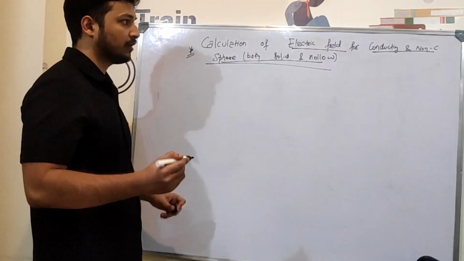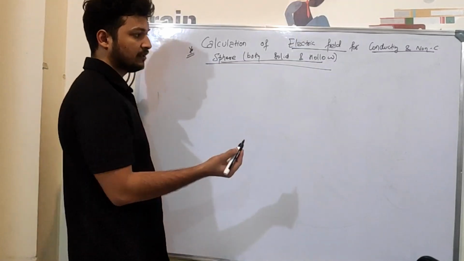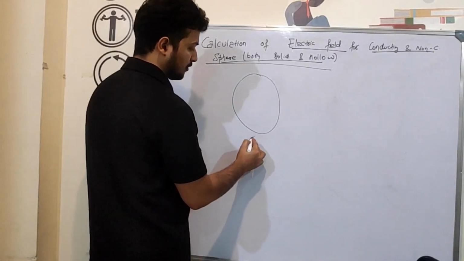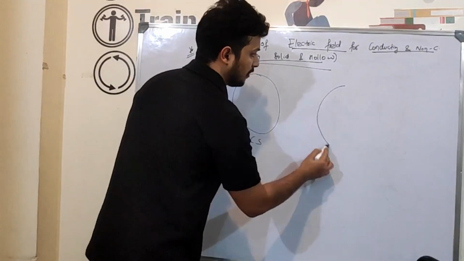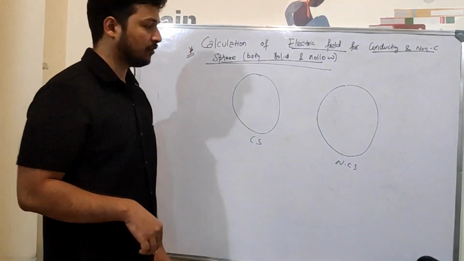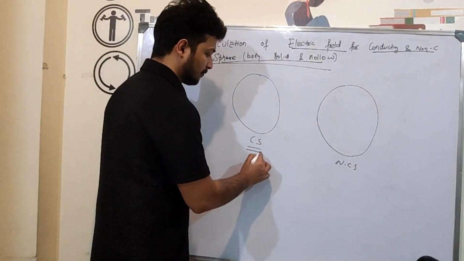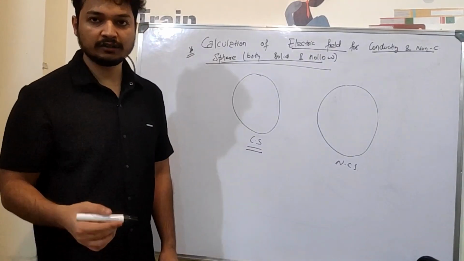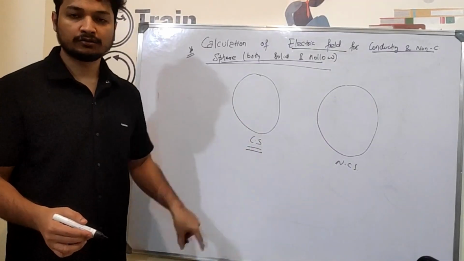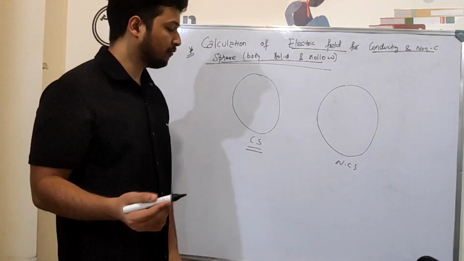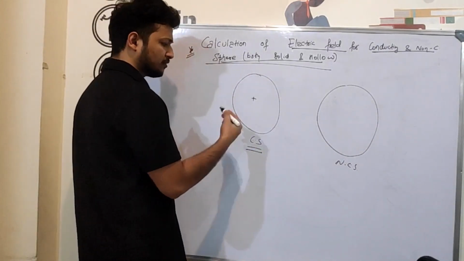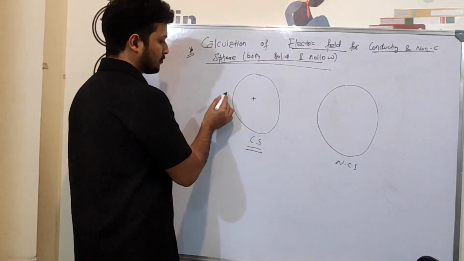So first of all, what's the difference between a conducting sphere and a non-conducting sphere? If I have a sphere which I am calling a conducting sphere, and another which I am calling a non-conducting sphere, what is the difference? If it's a conducting sphere, it's a conductor, which means it's made up of a metal. The basic principle of a conductor is that when you put a charge inside a conductor, either solid or hollow, even if it is a solid conductor,